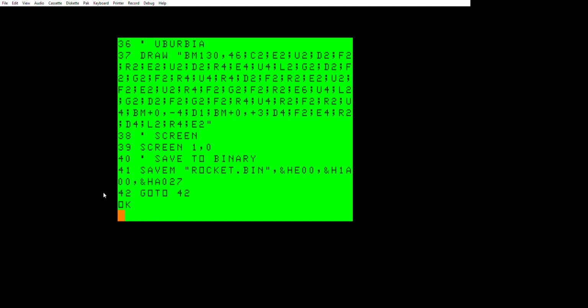So this is a machine language routine here. But anyone can do it as long as you have Disk Basic. So in order to save your drawing to binary, make sure you only use page 1. Screen 1. Use the entire screen if you want, as far as I know. And use SAVEM. Then name the file